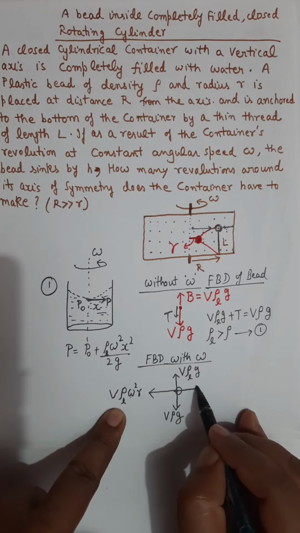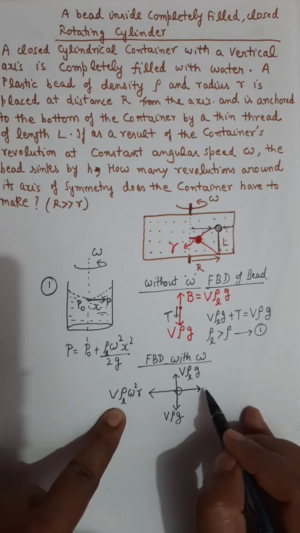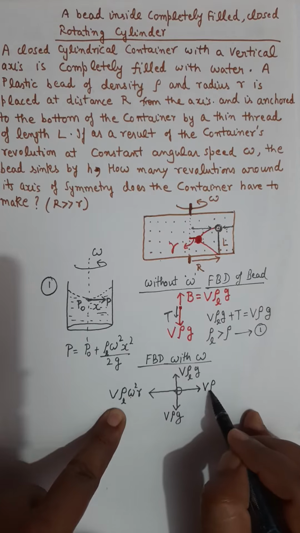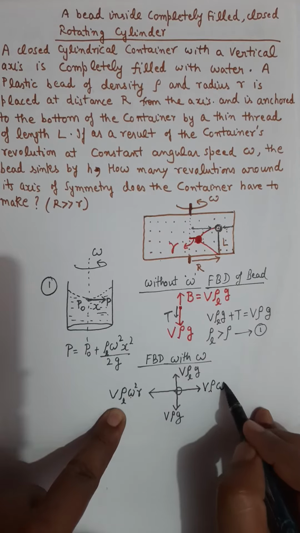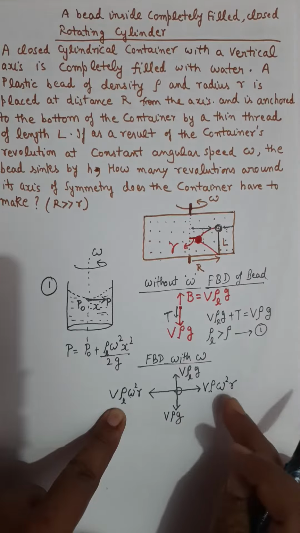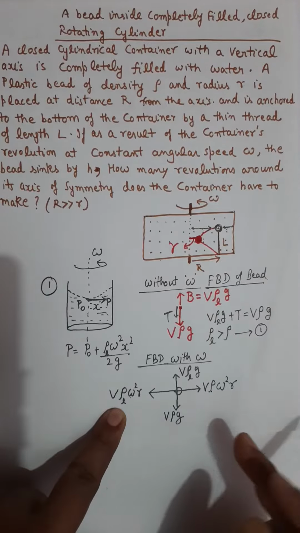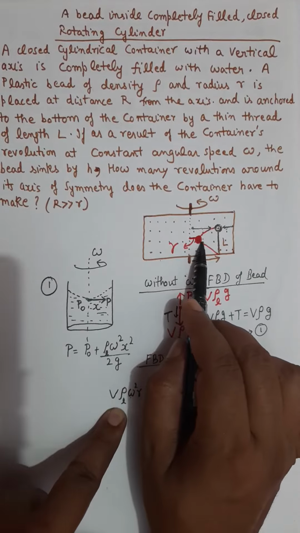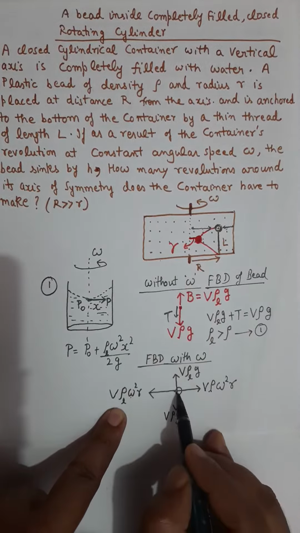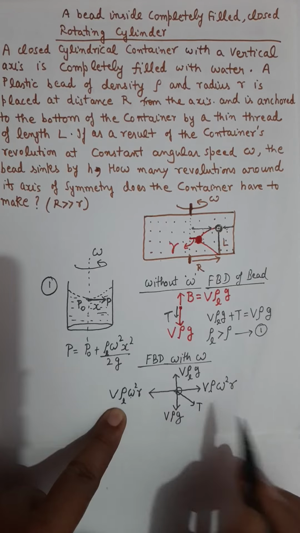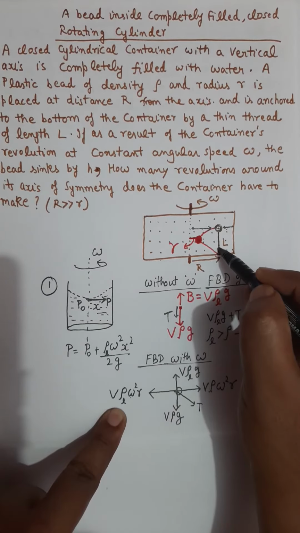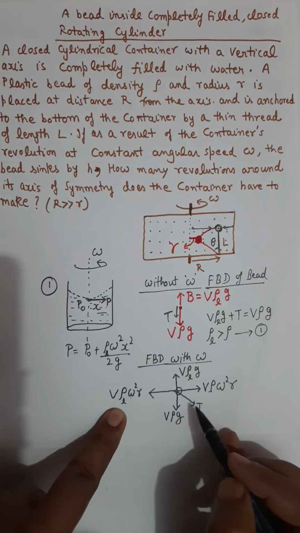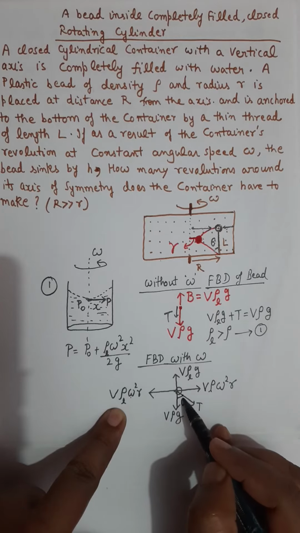So another force in this direction will be the centrifugal force, which is V into rho of bead, that defines the mass of bead, into omega square into small r, that is the centrifugal force. And then there will be a tension force in the string in this direction, and let's say the string turns by angle theta. So this T will be at an angle of theta now,